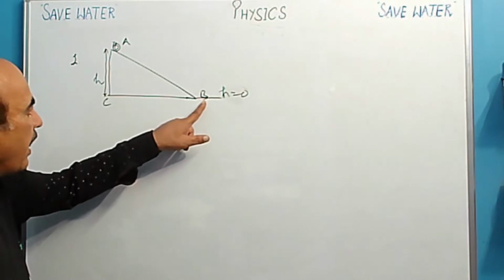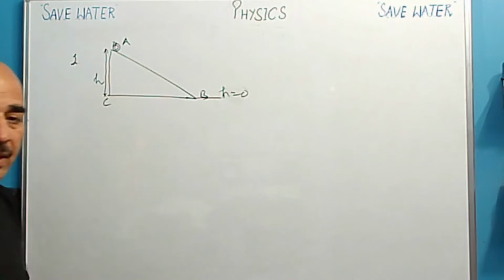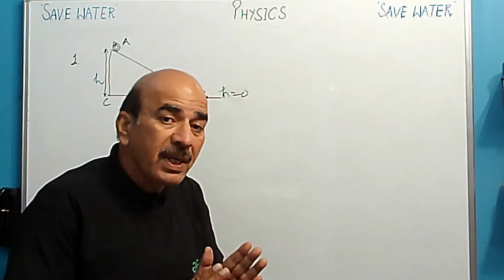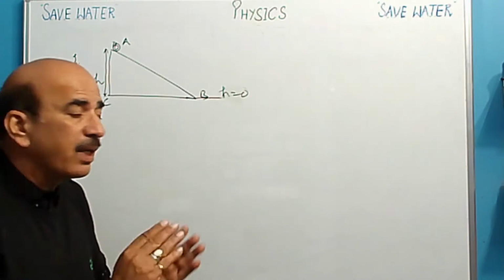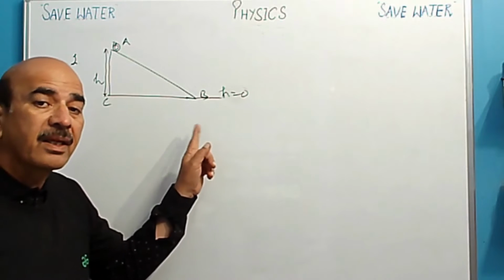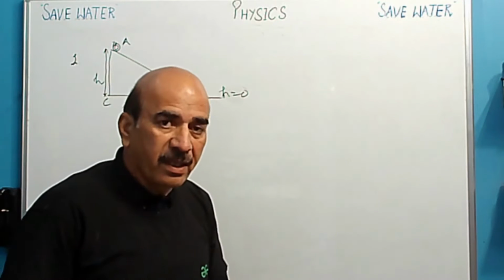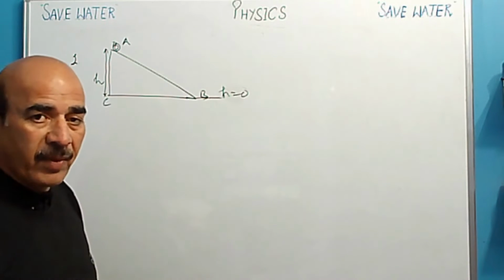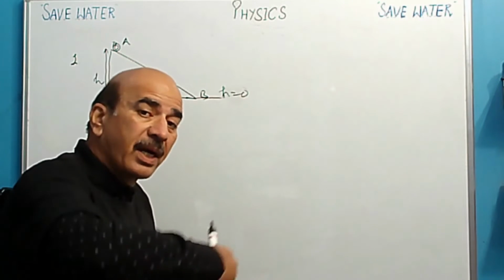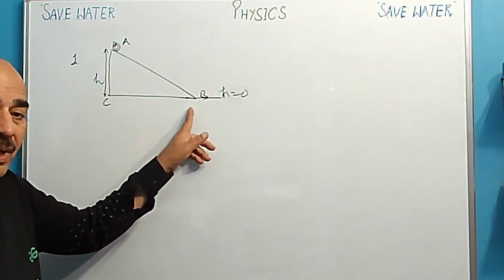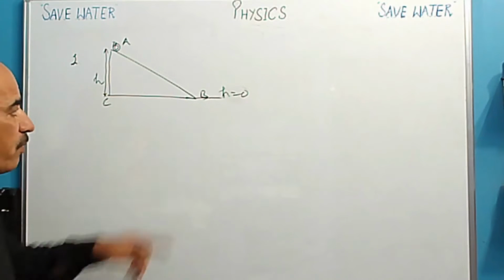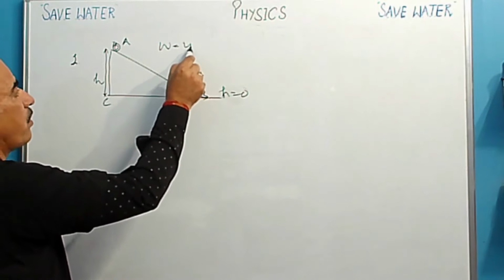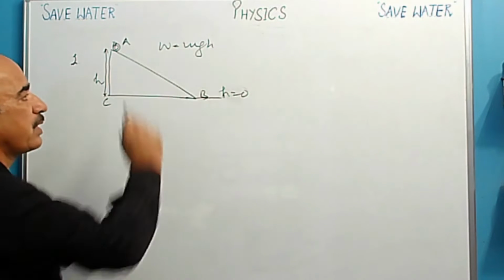But when we have to take the ball from B to A, what do we need to do? We have to do some work. है ना? हमें कुछ काम करना पड़ता है. We have to do some work against the gravitational force of the earth. Yes or no? The gravitational pull of the earth is pulling the ball downward, and we have to go against the gravitational pull of the earth. So we have to do some work. इसमें काम करना पड़ता है ना? And that work comes out in the form of W = mgh.